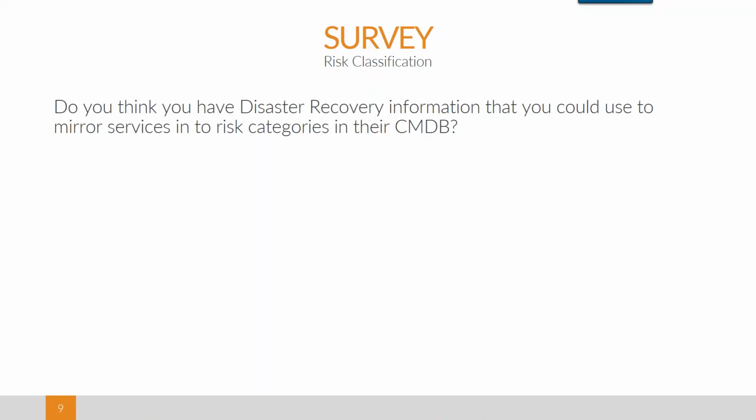Potentially, yeah. A lot of people are unaware of what their DR plans are in depth, so it's well worth bringing that up, having a look at those DR plans and seeing where those systems are absolutely critical. And then, of course, making sure that our change management, especially on those critical systems, marries up with what our change processes look like. So if we know that we've got something that's going to come up and touch one of those systems